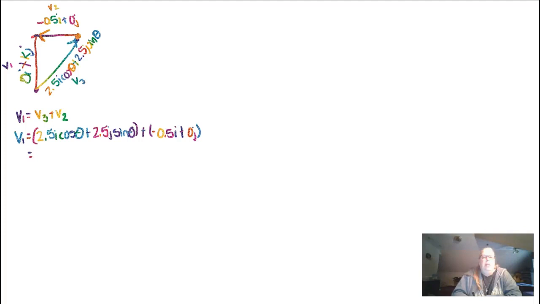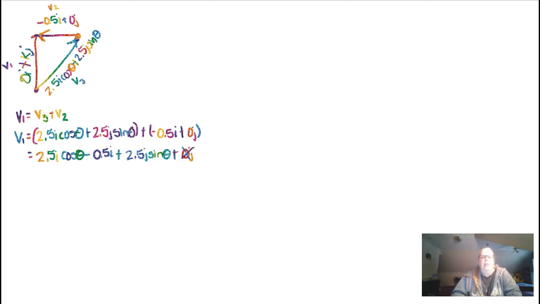All right, let's simplify that a little bit. We're going to have 2.5i cosine theta minus 0.5i plus 2.5j sine theta plus 0j. Now, this part right here is just going to cancel out, so I really don't need to have